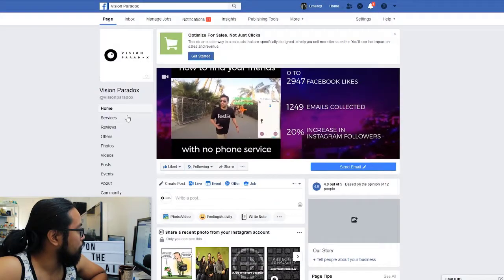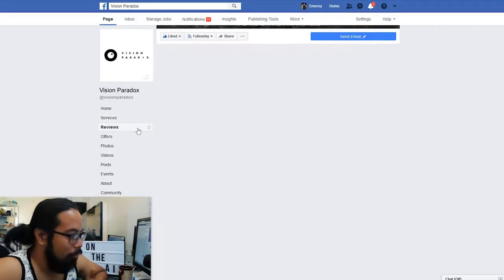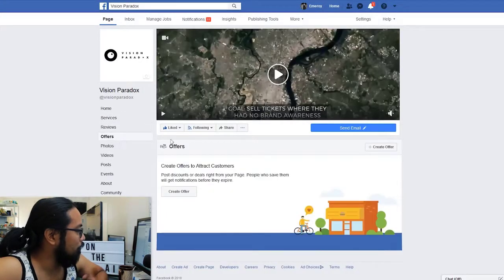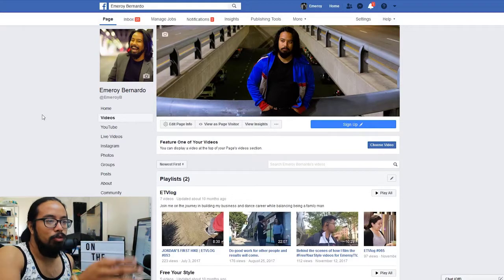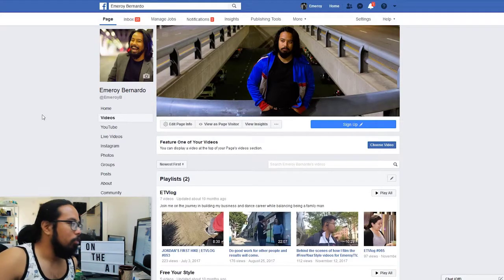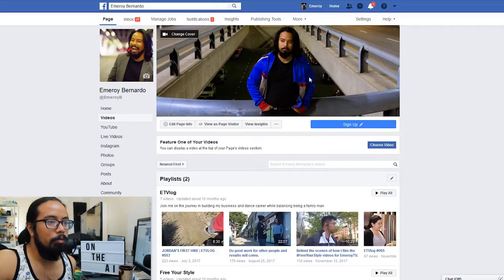Or if you want people to look at your services, right here, oh, look at that. Or reviews, offers if you have any. Like, we don't have any, we're not offering any discounts on our services. We might. The first thing people are gonna see, just looking at my other screen here from the corner of my eye, first thing I see are obviously the images. Images are gonna matter most.